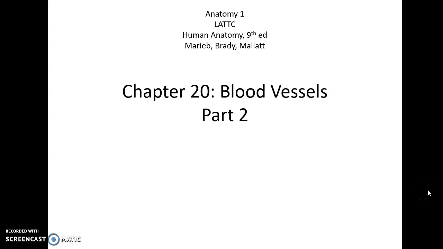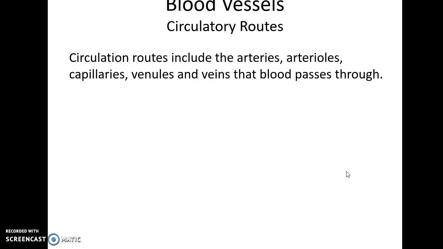Chapter 20, Blood Vessels, Part 2. So, we're now going to talk about the circulatory routes. This is the series of vessels, that's arteries, arterioles, capillaries, venules, and veins, the blood passes through as it travels